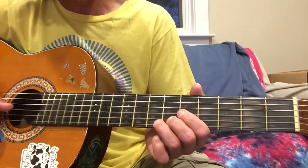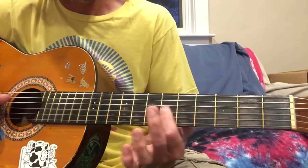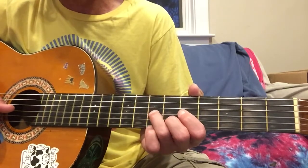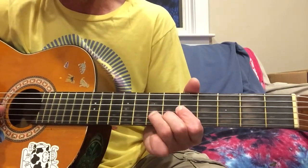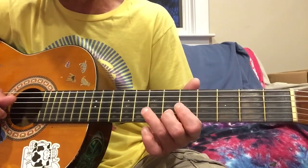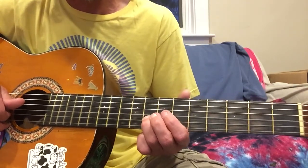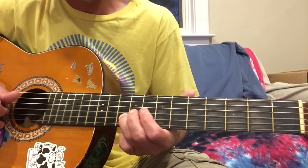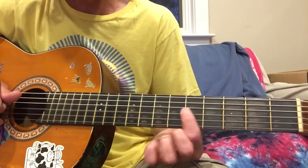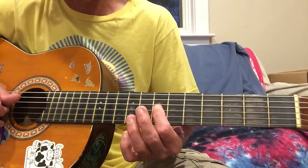And then there's a change that goes... And that is going to be off this part. You just played the 2nd string on the 6th fret. You're going to go 2nd string 8, 9, and 10. And just pluck it once and slide it up those 3 notes. And then you're going to go to the 3rd string, 5th fret, and do the same thing kind of. You're going to pluck it once and slide it up 5, 6, 7 to the 7th fret. So it's...